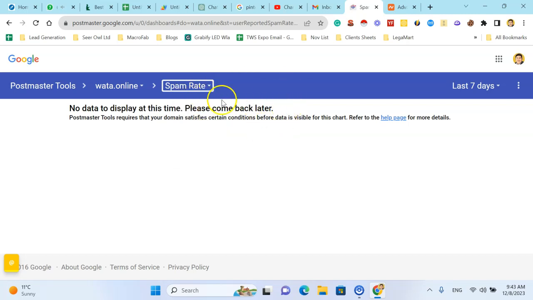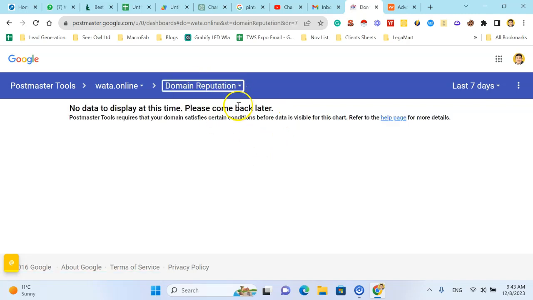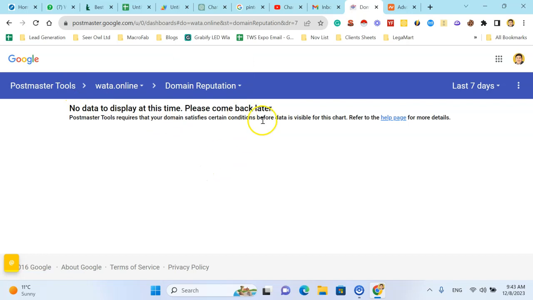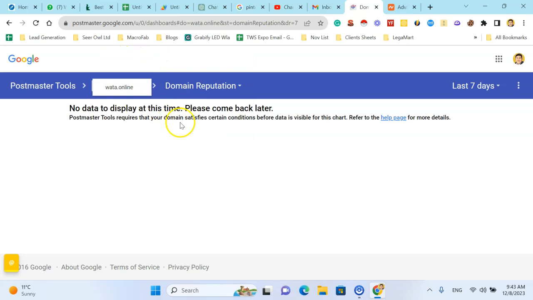Here you can see. Now still it's gathering the data. So there's a simple process where I can check the spam score and IP reputation and domain reputation and other email delivery errors here with